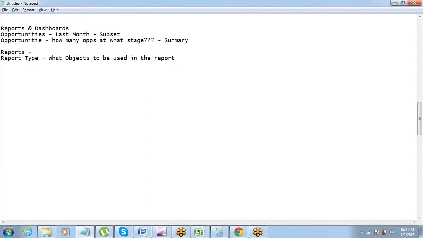So whether you want to create a report for accounts, opportunities, contacts, cases, or accounts and opportunities, which objects you are going to use is defined in the report type. How report type is chosen, I will show you once we do the example. But for now, your understanding should be that report type says which objects are being used for a particular report.